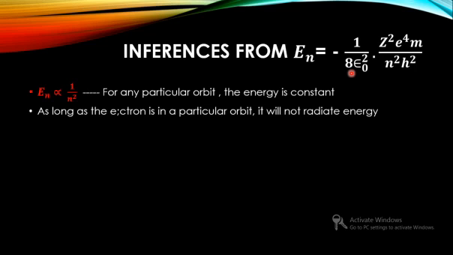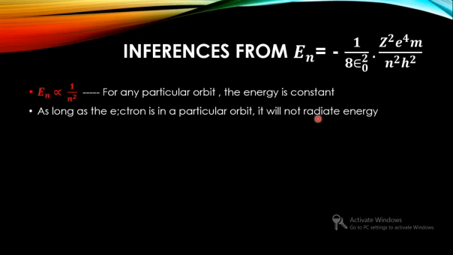So that concept was disproved by Bohr by stating that En, or energy, just depends upon 1 by n square, and hence an electron in a particular orbit will not radiate energy, it will be a constant. Only if it changes the orbit or jumps from one orbit to another, there will be radiation of energy,